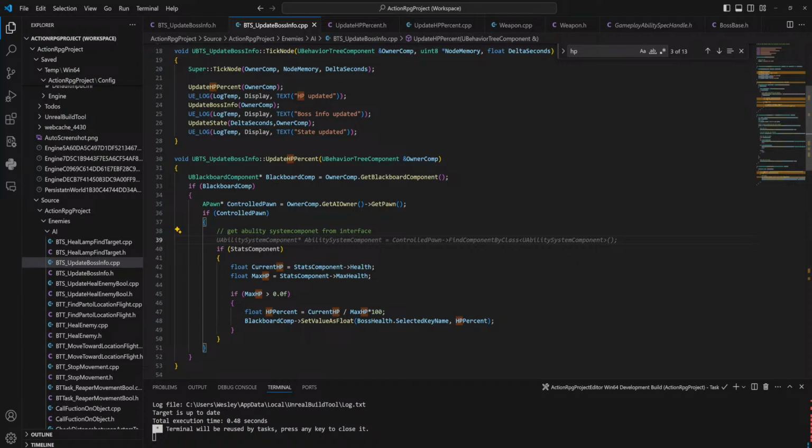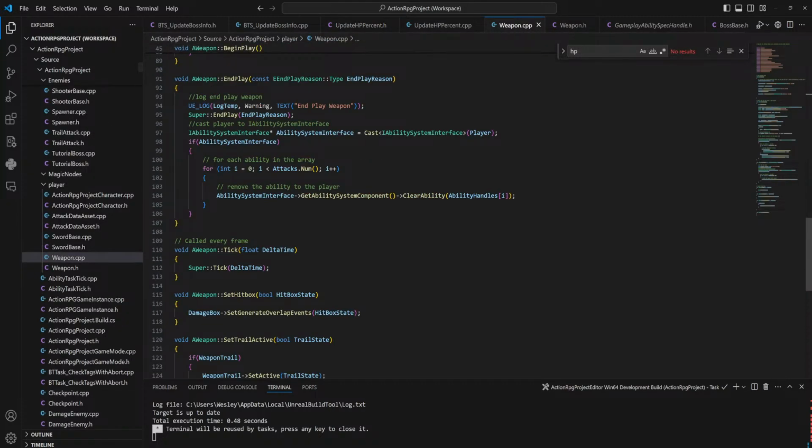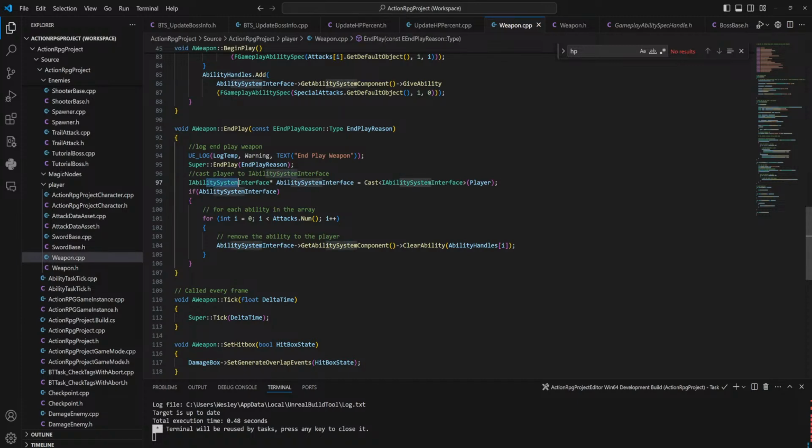That's not how you're supposed to do that, though. I mean, it'll work, but I have a place where I do this differently. Hold on. How did I do that again? Where did I do that? In the weapon? Yeah, here. This is where we go. So I'm just going to copy this and modify it real quick.